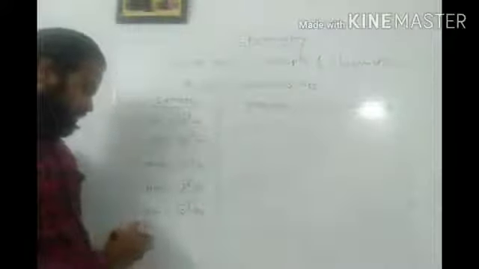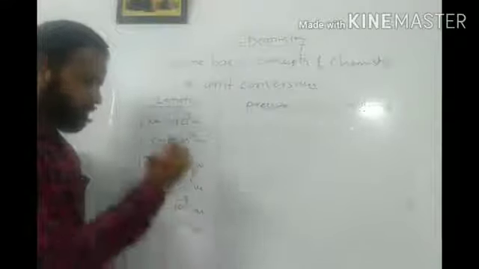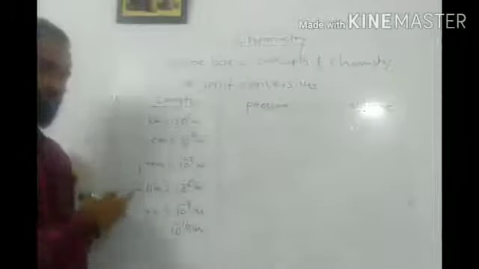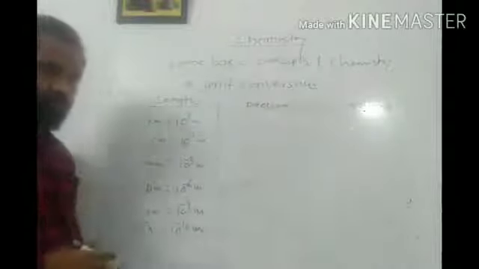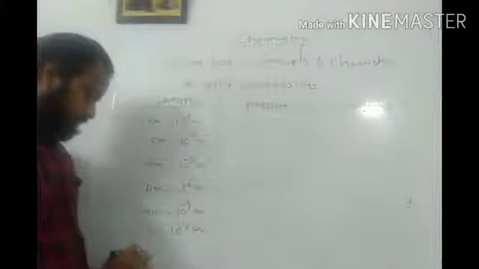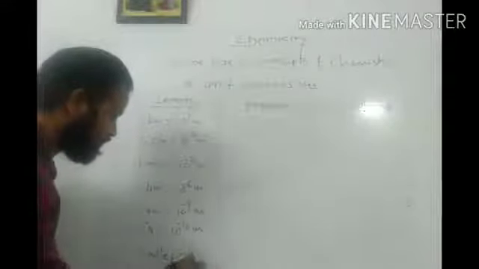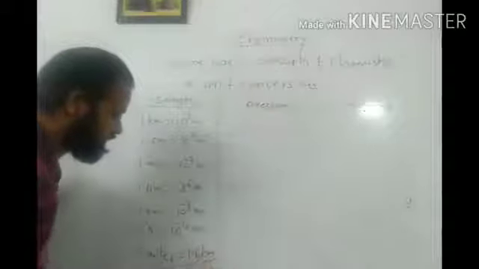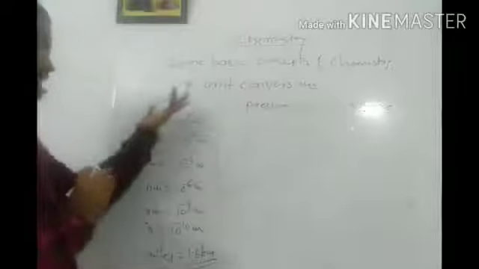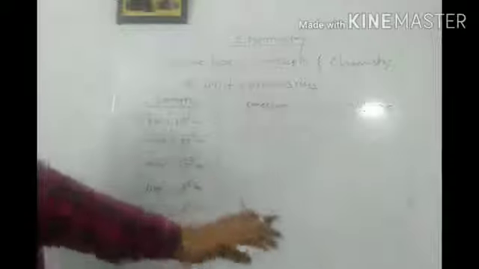Then a most common unit, 1 Angstrom, is 10 raised to minus 10 meter. You might have used these units before, but those students who are having confusion, just note it down or take a snapshot of this. Then another common unit, 1 mile, is equal to 1.6 kilometer. These are the most commonly used units in our subject. So when we are measuring length, we have to know these units. Then we will discuss pressure.